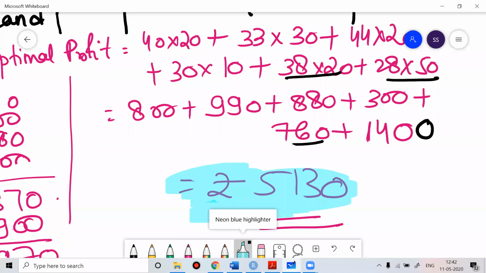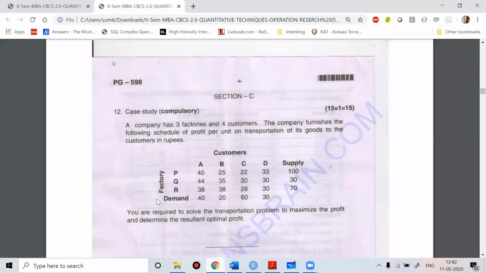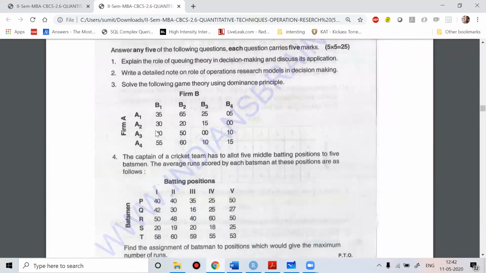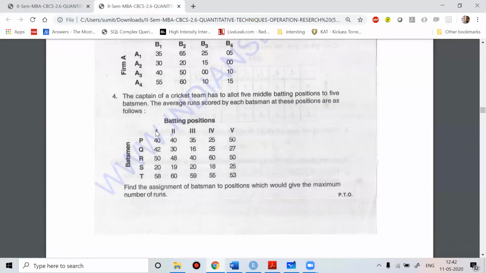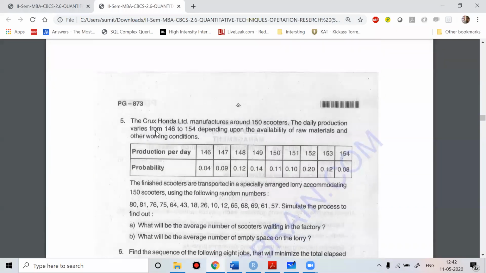Like this, every year, if you see your question paper, this question comes. You see this is 2018. If I go ahead, then which year is this? This is 2017. So if you see 2017,